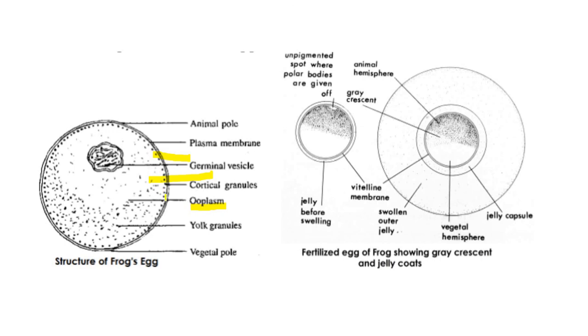The cortex or the ectoplasm contains the cortical granules, okay. These cortical granules contain acid mucopolysaccharide material, that is, the cortical granules are made up of mucopolysaccharide material. Besides the cortical granules, this ectoplasm also contains brown pigment granules, okay.